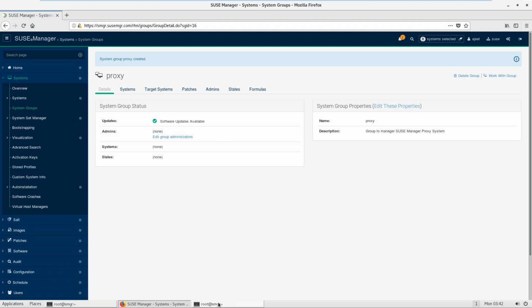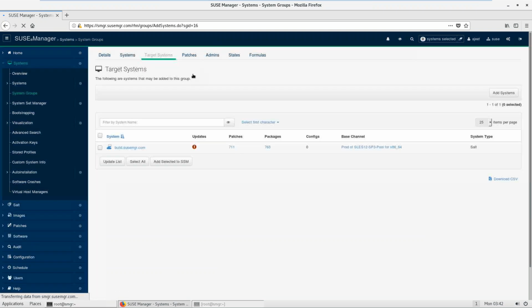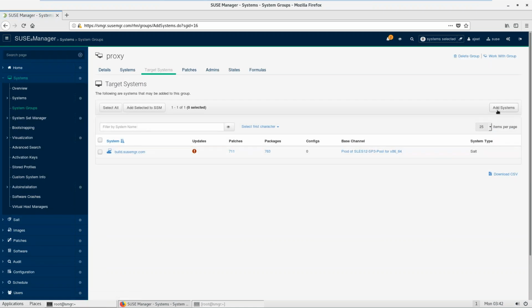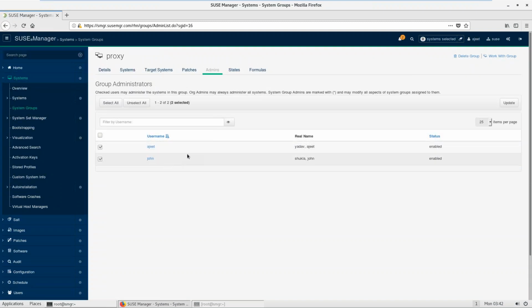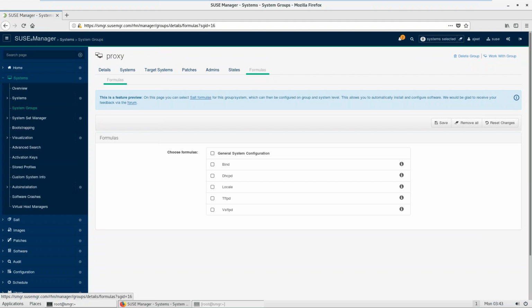Second is, as I said, that we have to create an activation key. So here you can see inside this there is no system, of course, it's a fresh one, no target systems. If I want, I can join it. You can see add system, but I don't want to join this build one inside this proxy. For patches, no. For administrator, currently I have two users here inside this organization, and both have access to this group. State and formulas I'm not going to discuss right now, right? So yes, our group is ready. It is time to create